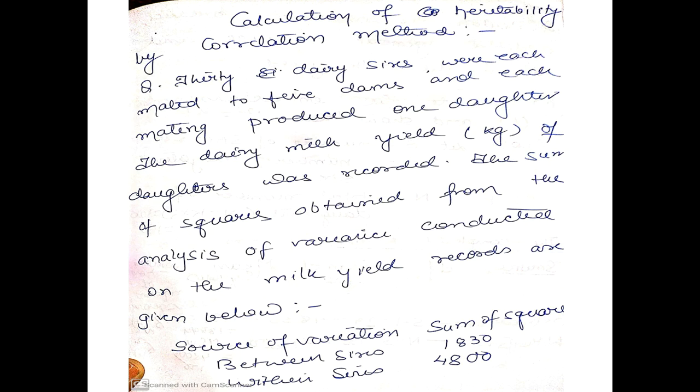Remember the ANOVA, analysis of variance. This analysis of variance you have already studied, I guess, in test of significance in biostatistics, whereby you knew that the definition of analysis of variance is the division of total variance into its components based on the causes associated with it. So both the methods, half sib and full sib, will be based on ANOVA. So if you have any doubt, just do see the ANOVA.